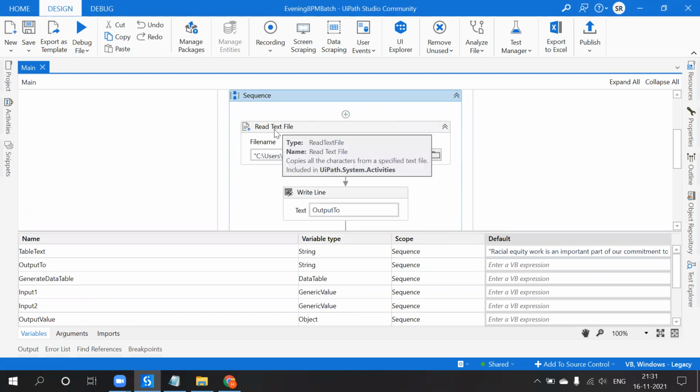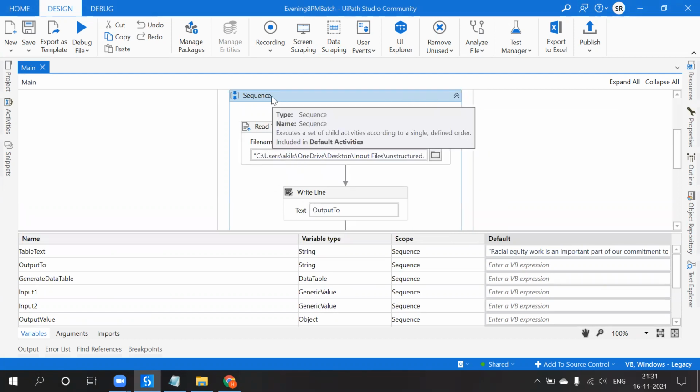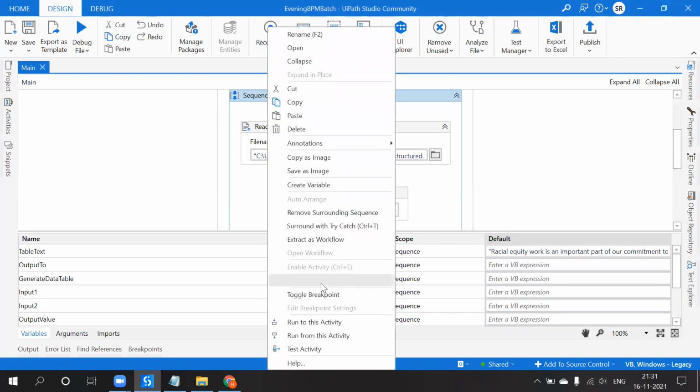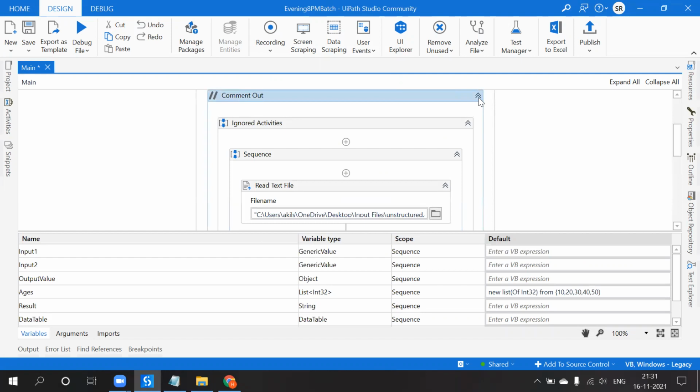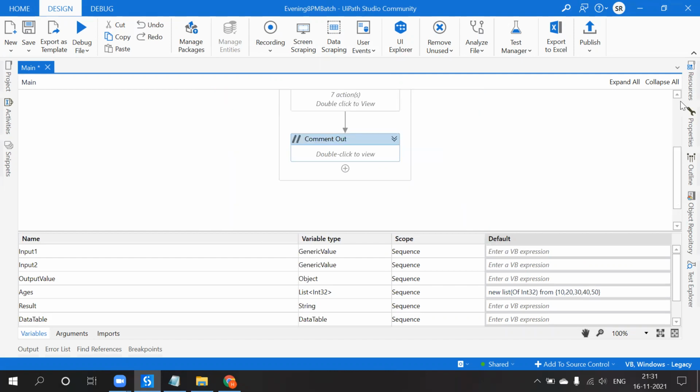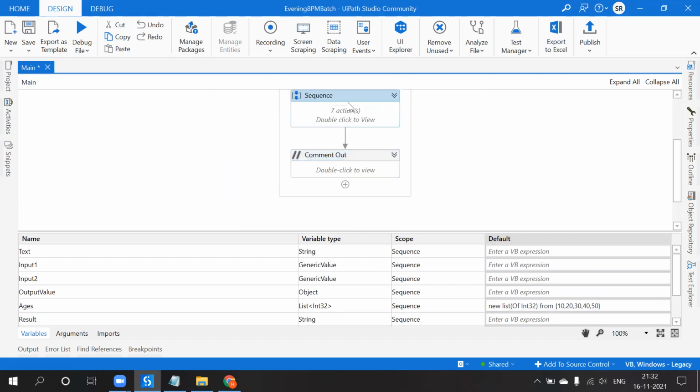Now see, read text file. Here I passed an Excel, and it can be converted into text. I will disable this activity for the time being, because we have seen that and I don't want to go into it again. So here we will change the property.